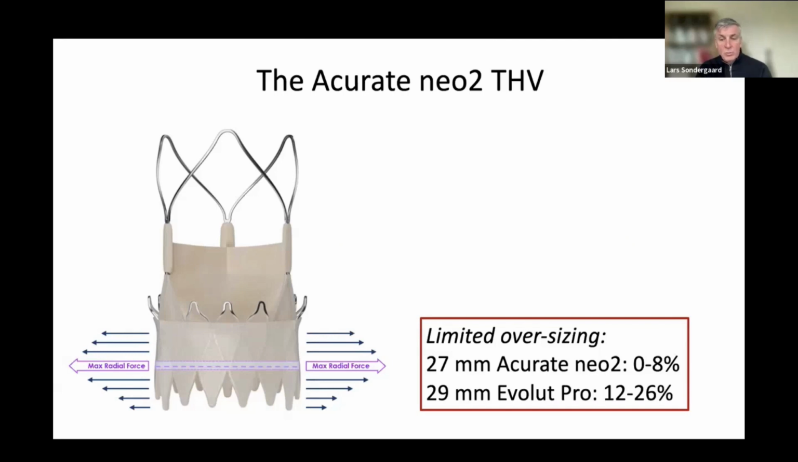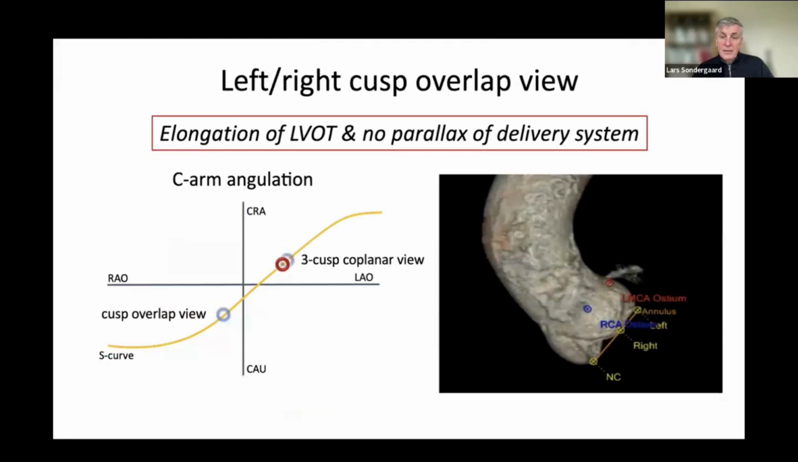You see here it's somewhere between 0 and 8% oversizing, whereas if you would go for the same aortic annulus and use an Evolut system, you will oversize by about 12 to 26%. So I think it also matters which valve platform you choose for your patient. I just said before that one way to bring it down is that people are now implanting